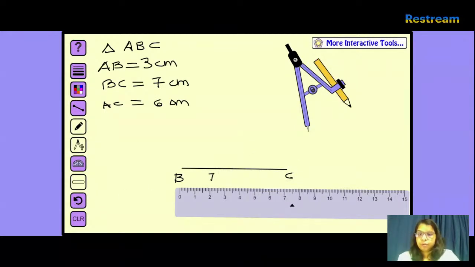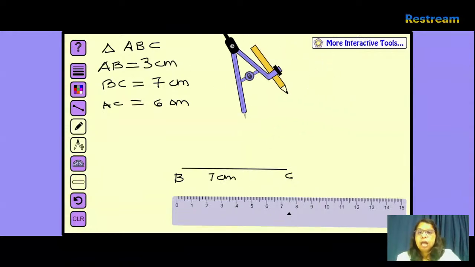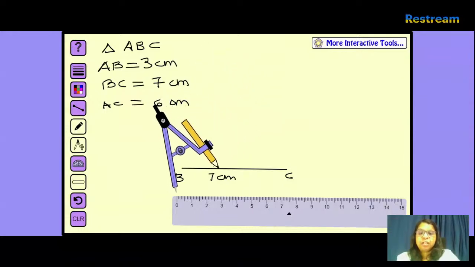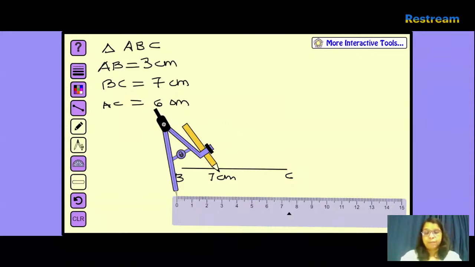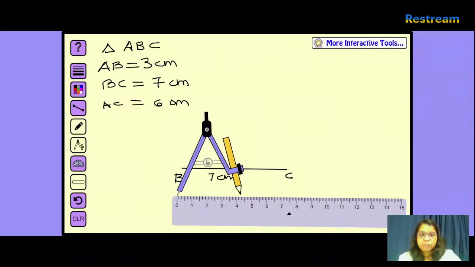So now I know that my AB is 3 centimeters. That means from B, I have to draw a line which is 3 centimeters. But I don't know in which angle I have to draw. I have to draw an acute angle. I have to draw an obtuse angle. I have no idea. So what I'm going to do is I'm going